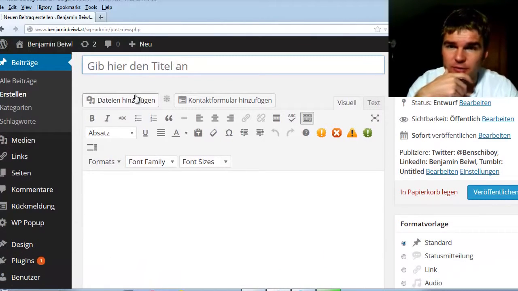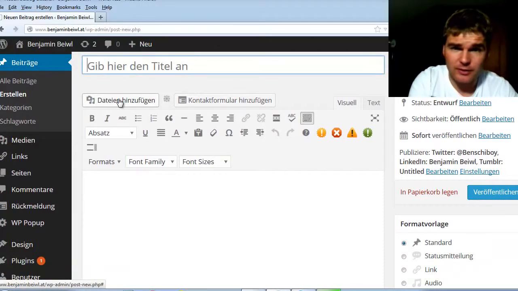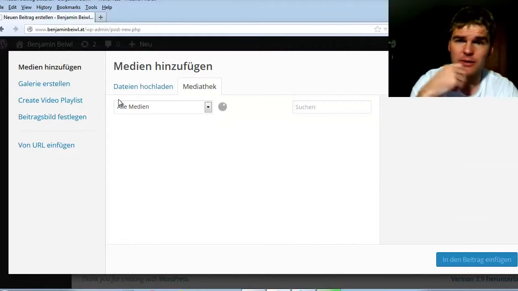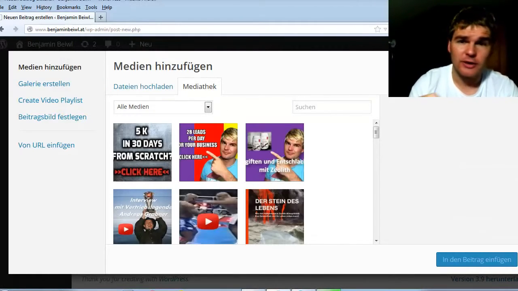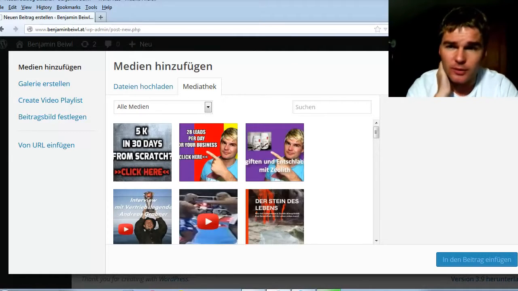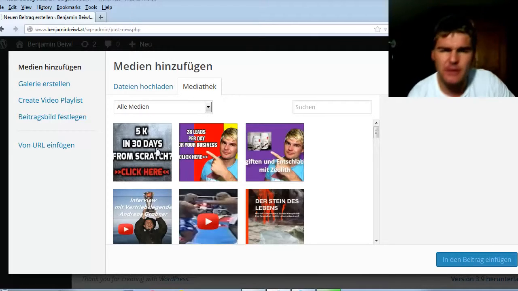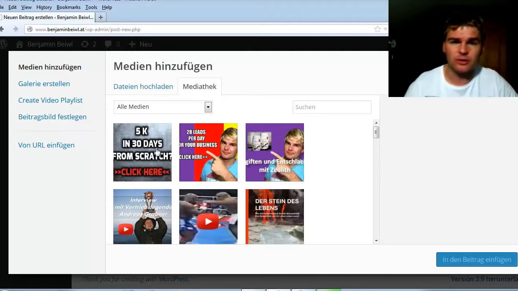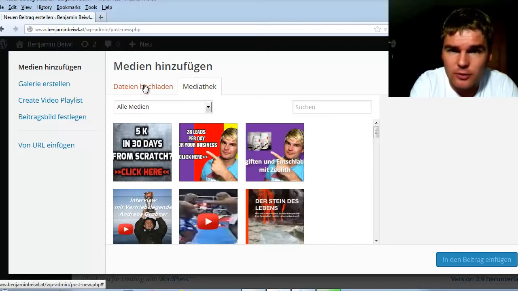Then you have to click here to insert image or insert media, and you can grab images from your Mediathek, as it's called in German, or from your computer. It's not a big thing.